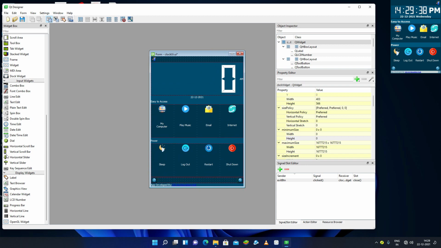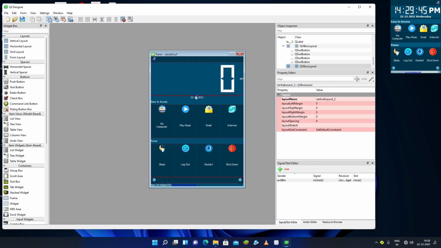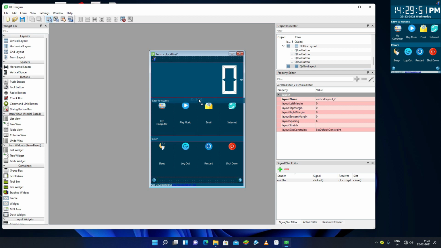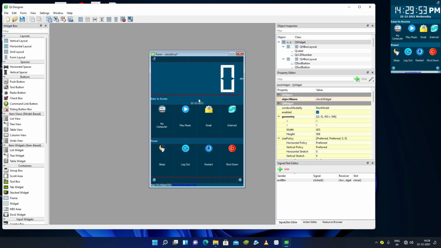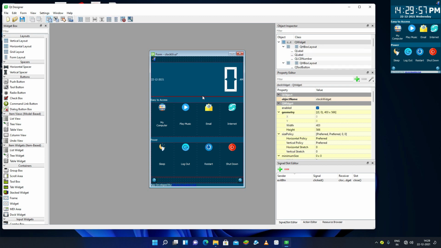I have forgotten to add one vertical layout here. I will select vertical layout, and under this vertical layout, I will select this time widget and add it into this. So what is this?